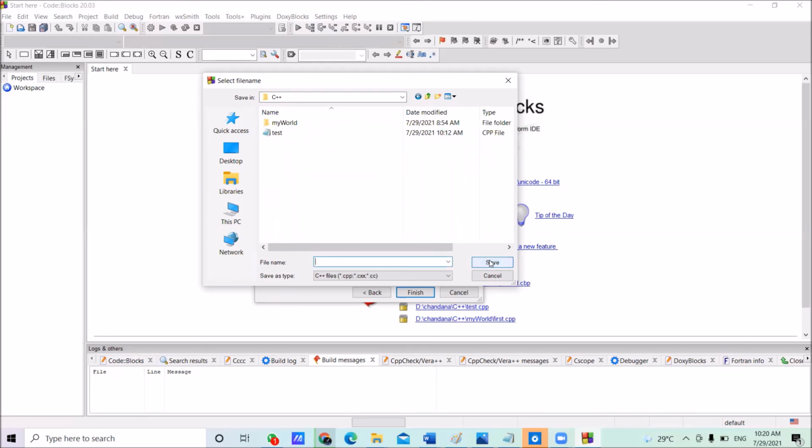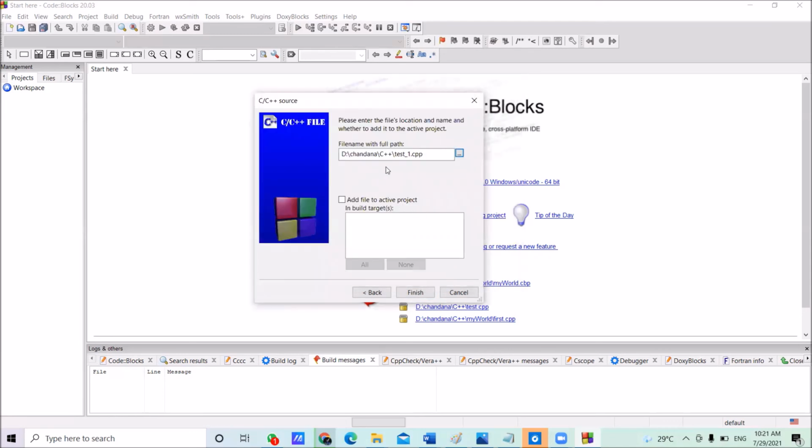Once you click Open, they ask for the file name. This is the name of the C++ file. Earlier we selected the place where you want to save your file. This time you give a file name, the name for your C++ file. I am giving the name test_1. That's the name of my file. In that way you can give your own name for the file, and click the Save button.